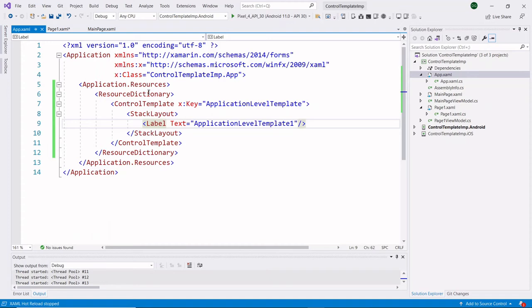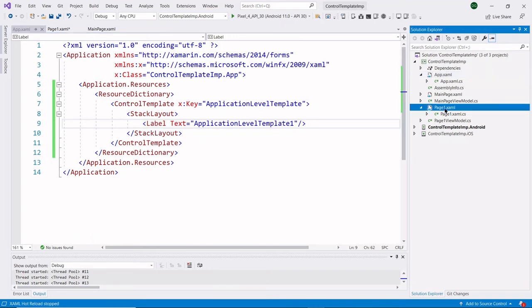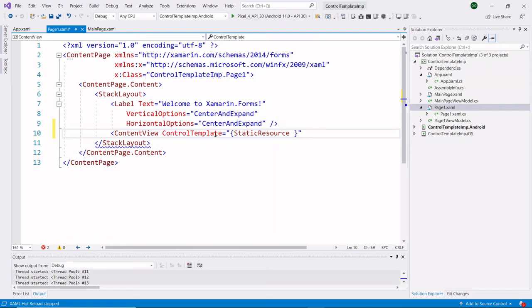So finally we have created an application level control template. Let's try to access this control template in page two. Here you can see that my application level control template can be accessed.